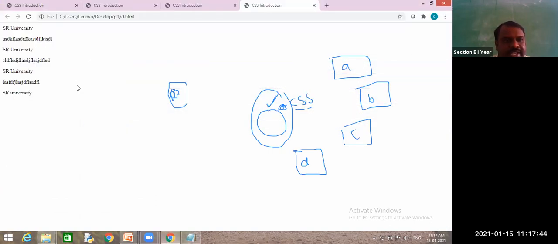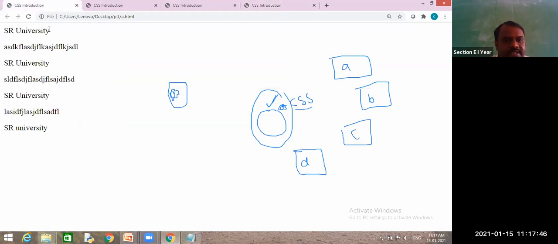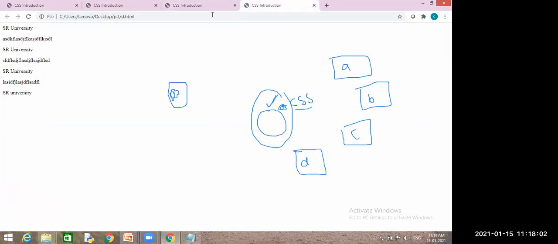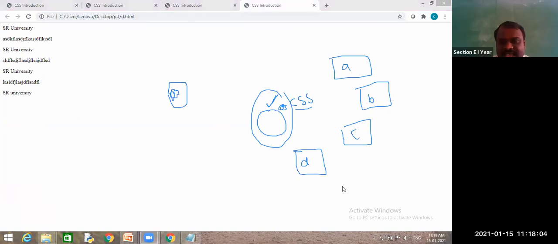Tell me, if I update this one, can these properties apply? I am unable to see its output. Why? We didn't link them. Yes, very good, guys. I did not give any link between these files.